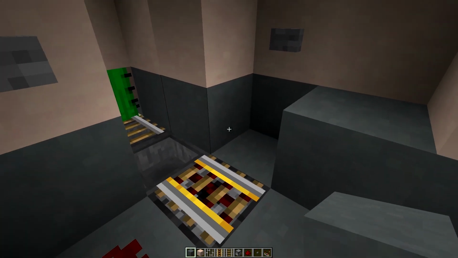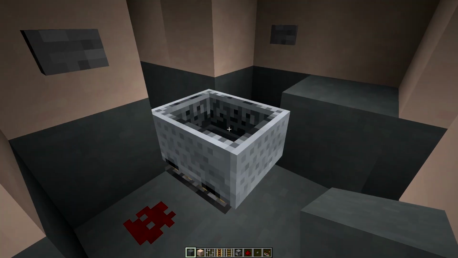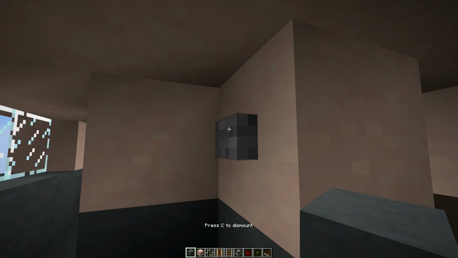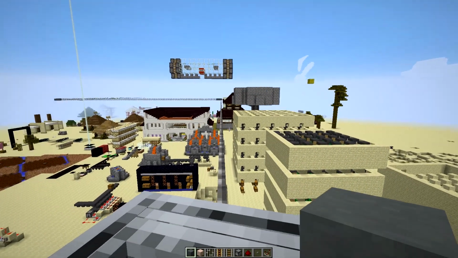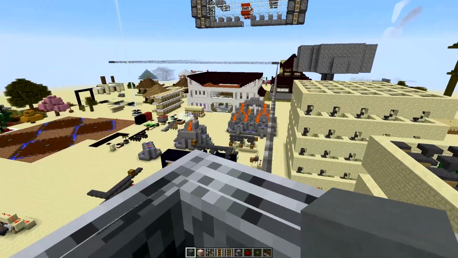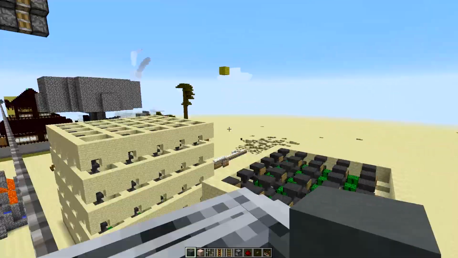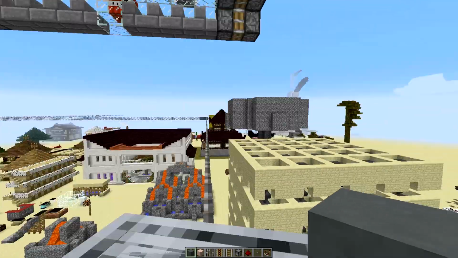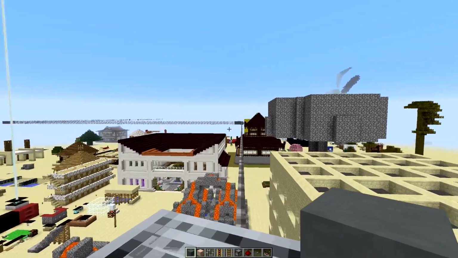So let's demonstrate this and I'll show you guys how it works. You just click this button. We get a minecart, push this button, and we're on our way. And as you can see here, we're just traveling right along the rail. It's like a monorail. You got a cool little station there, but the system allows you to create